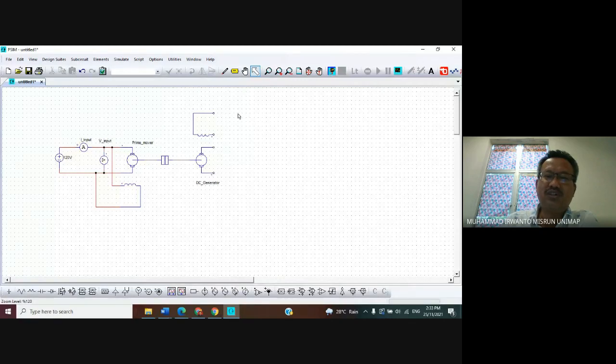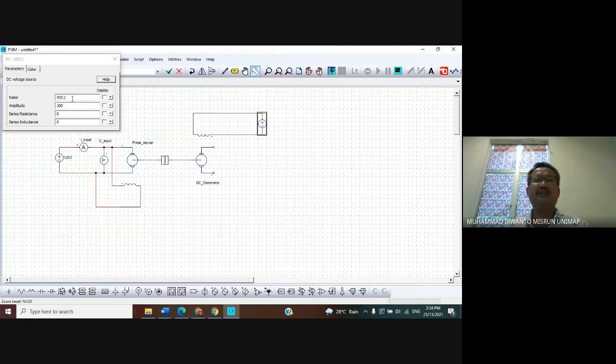The DC voltage source can come from clicking the menu bar DC voltage source below. Click this one and then place it like this. To cut it, just click the menu bar, select. And then we want to connect it to the separately excited system. We obtain it like this. Now it is the field voltage.